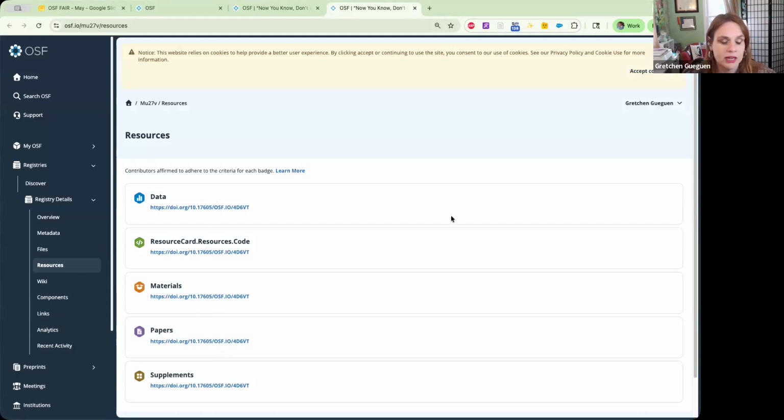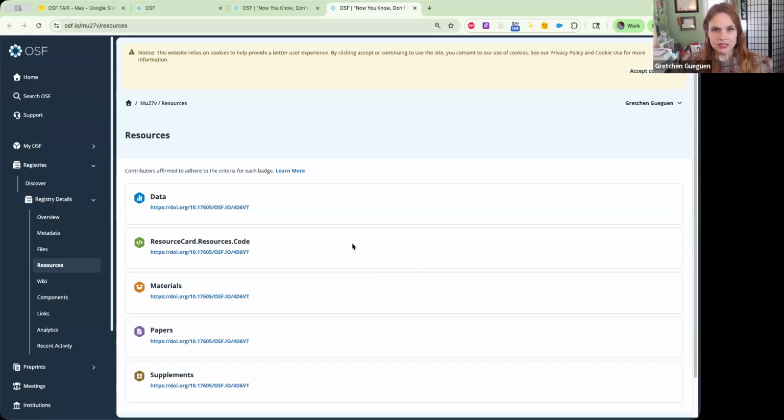So this is a really great way to just come and very basically put the link to your paper, and you can have multiple papers. This one has just one of each, but you can have many of each of these. And you have a link that is very clearly labeled as this is the paper that was the result of this project. It's a really nice feature to use.